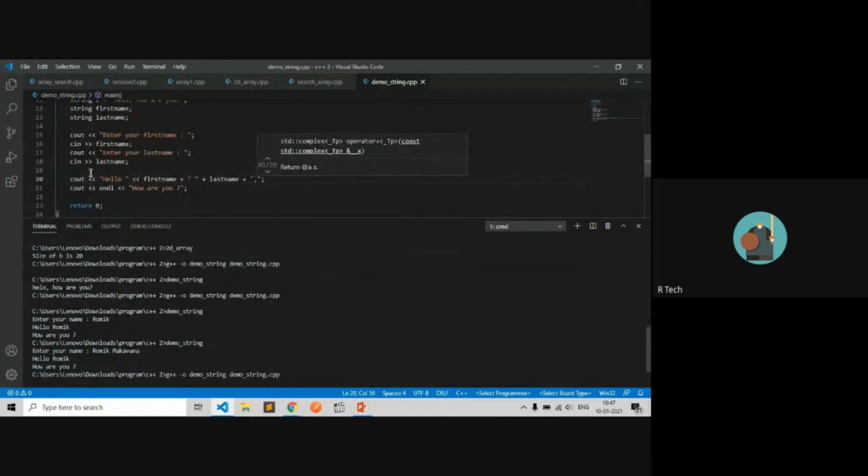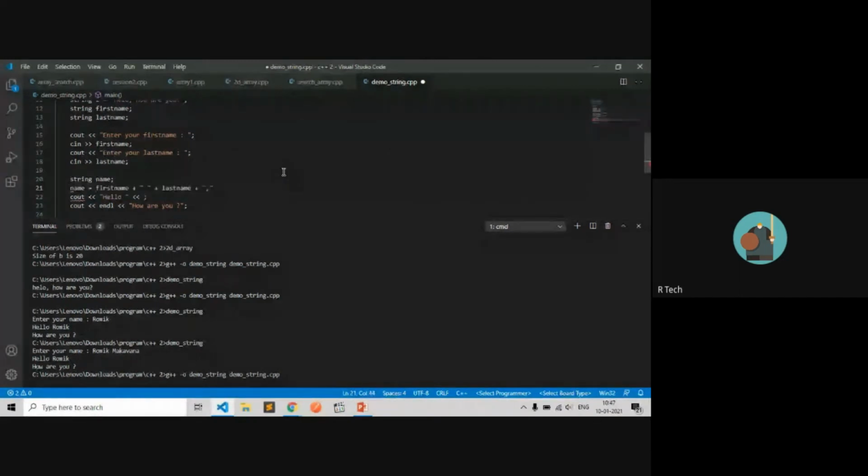Why? We have not stored that name in a variable. Sorry, string name, name is equal to the concatenation.